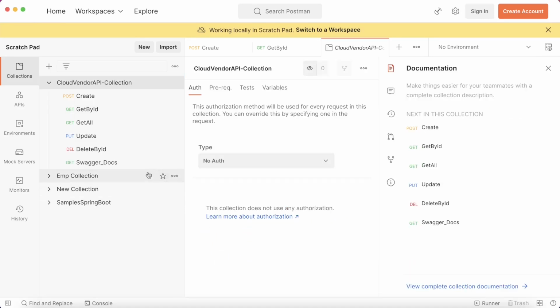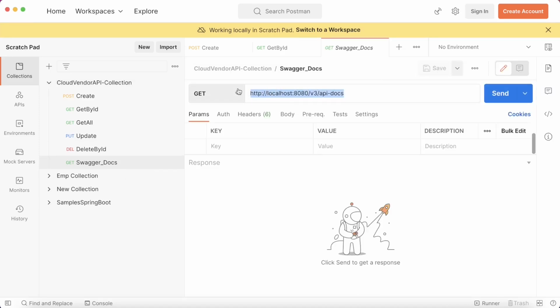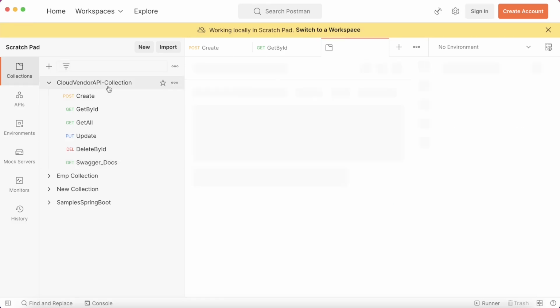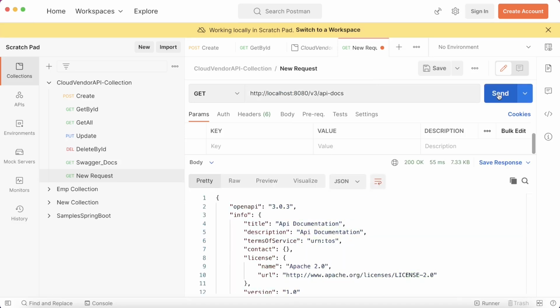Fine. Let us now check the Swagger documentation using Postman. So this is the URL for checking the Swagger documentation. I have already created the request. What you can do is right click here, add request. Okay. Select method as GET, and here you can give the URL. Okay. Like this. So in the URL, the last part, v3/api-docs, will be fixed. Here instead of localhost, you can write the IP wherever your REST application is up and running and the corresponding port. All right. So I'll just say v3/api-docs and we'll say send.